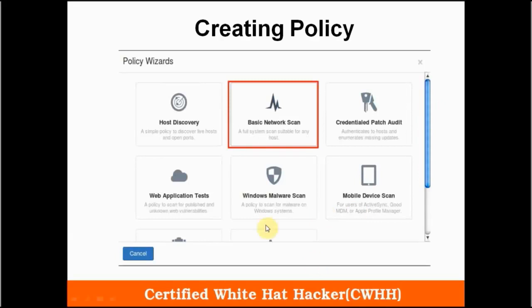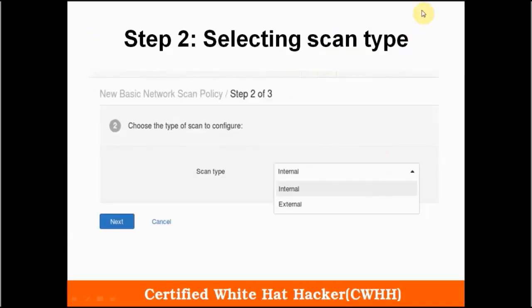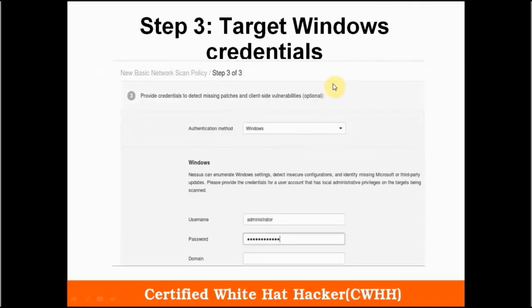First we'll be creating a policy called the basic network scan. So just select it and give basic network scan, and you give a new name for it, and you can also give a description if you want, and you type this type of scan, which is internal or external, and if you want you can give the Windows credentials,